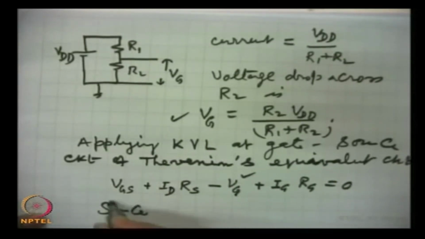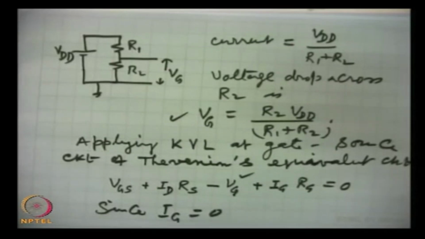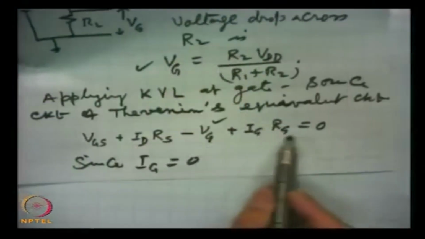Why is Ig 0? Because gates are operated in reverse bias. So, Ig is 0, and this term goes and we simply get